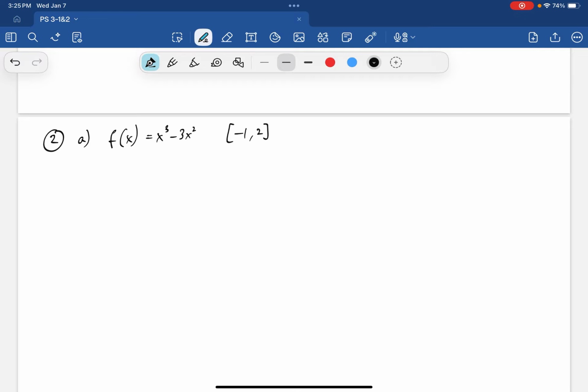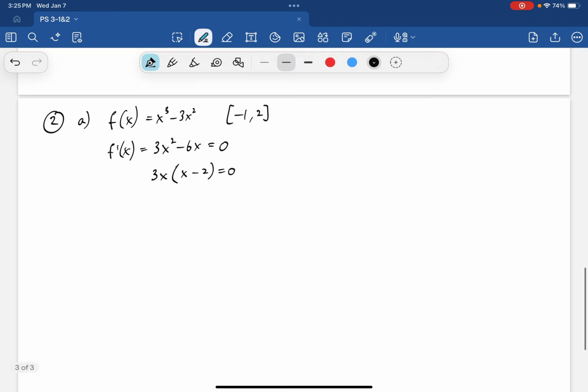And so, if we take the derivative to find the critical numbers, we have f prime of x equals 3x squared minus 6x. And so that's always defined. So we're going to look for which values make this equal to 0, and those will be critical numbers. So if we factor this, remember not to divide by x, you have to factor it out. If we factor, we get 3x times (x minus 2) equals 0. And so critical numbers are going to be x equals 0 and also x equals 2,